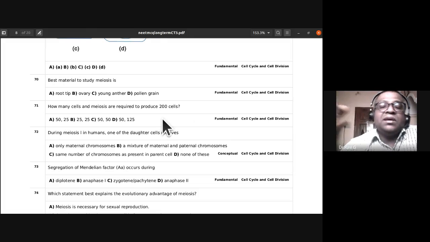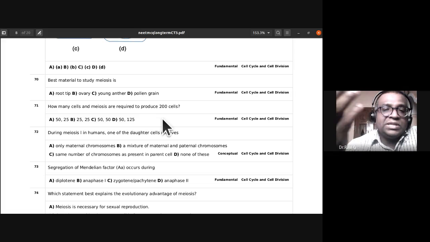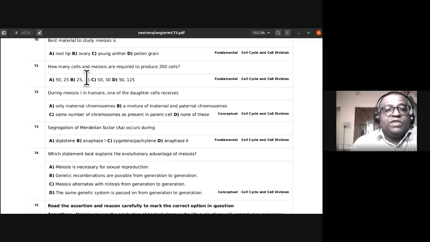That was in the meristematic tissue. Mitosis is different. Here, with meiosis, one cell becomes 4 daughter cells. So initially there must be 50 cells. If those 50 cells undergo meiosis, how many cells result? It will be 50 meiotic cell divisions for 50 cells, resulting in 200 haploid daughter cells. Okay, so 50-50 is the answer.